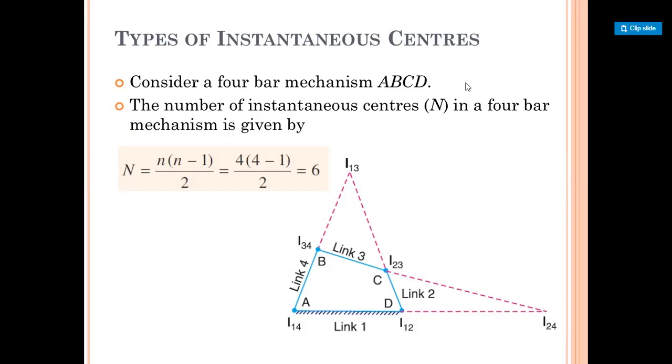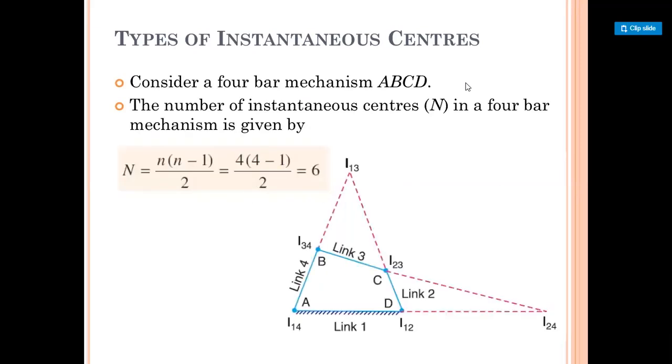Okay, so the joint of link 1 and link 4 is I14, one instantaneous center. The joint of link number 3 and link number 4 is I34, also an instantaneous center. The joint of link number 2 and 3 is the instantaneous center I23, and the joint of link number 1 and 2 is the instantaneous center I12. Means the joint of two different links is an instantaneous center, and all 4 instantaneous centers are called the primary instantaneous centers, in which 2 are permanent instantaneous centers and 2 are